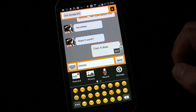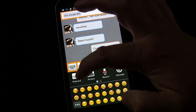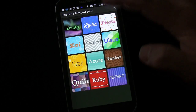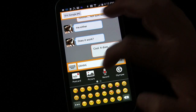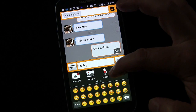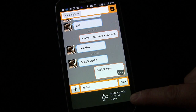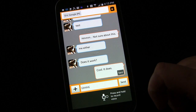So I click a plus button, and this is one of the things that's really cool. You can send what they call a postcard, which is where you create a postcard to send as an MMS. You can obviously send a picture, but I'll show you something else that's cool about that in a minute. You can record a message. If you hit the record button, press and hold to record voice. You can press and hold, record a message, and then when you let go, it sends it,